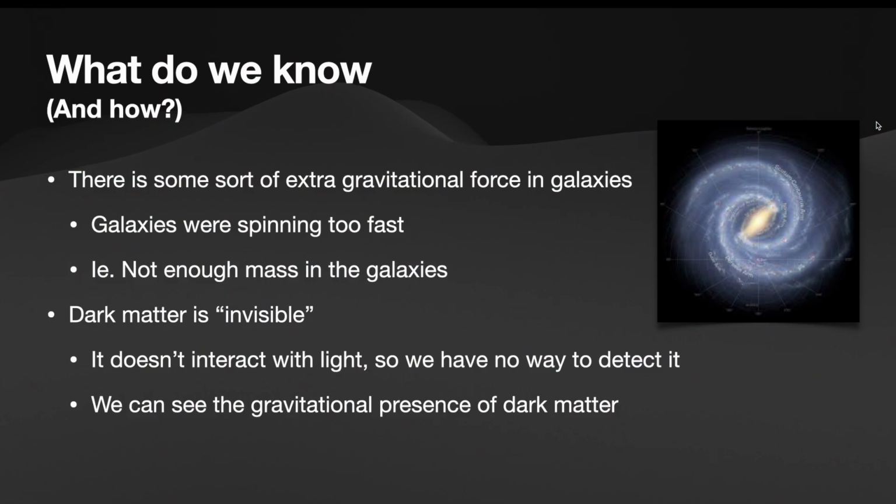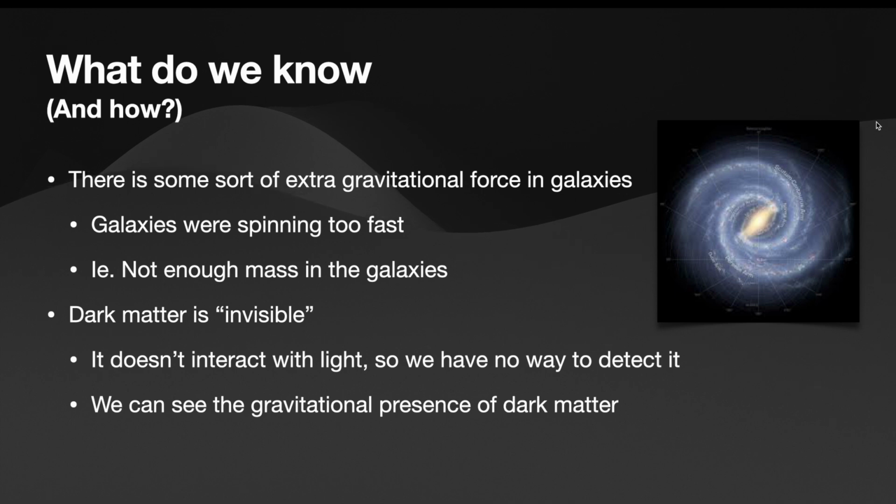So now, what do we know about dark matter? Well, scientists know that it's responsible for some sort of gravitational-like force in our galaxies. Vera Rubin was looking at the spin of these galaxies, and she saw the outermost stars were spinning way too fast to actually be held together by the gravity in the galaxies. And she determined that there wasn't enough mass within the galaxies to actually keep them together. So there must be some sort of unseen mass or unseen matter, which she determined to be dark matter. And using this, scientists actually figured out that about 80% of the universe is made of this sort of invisible dark matter.